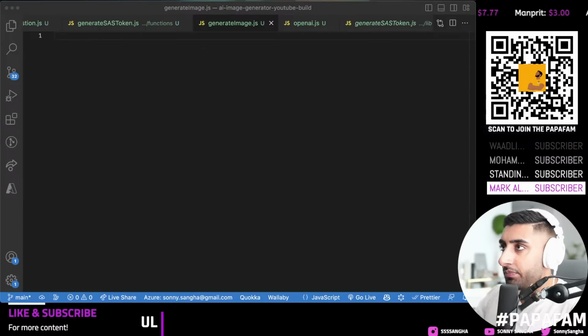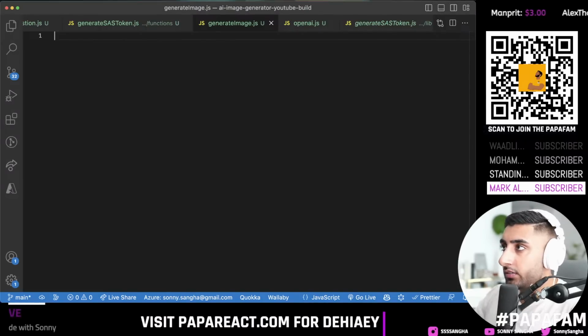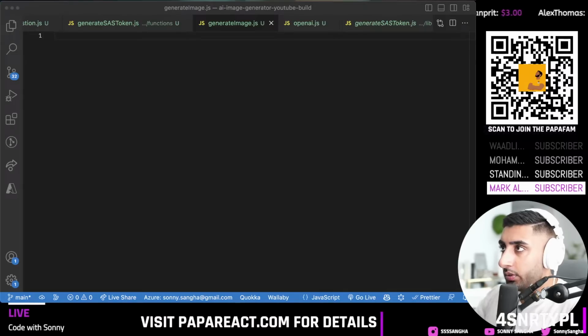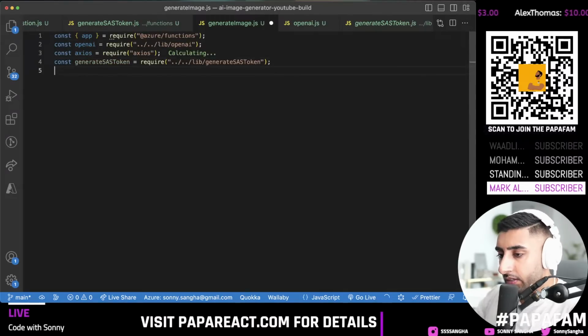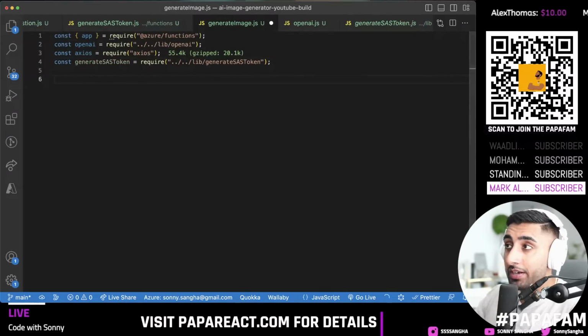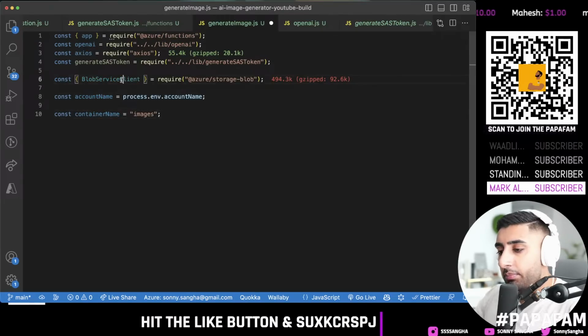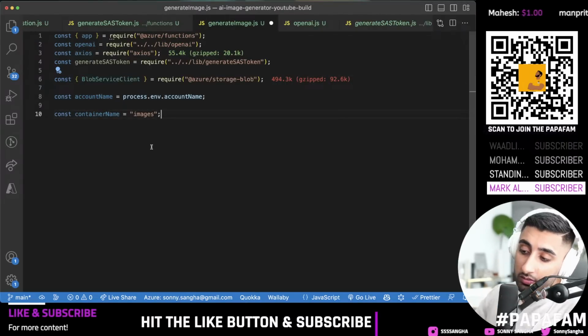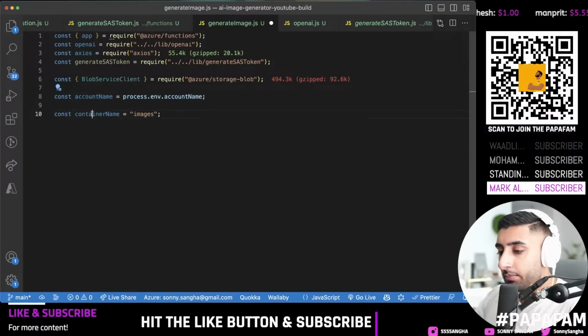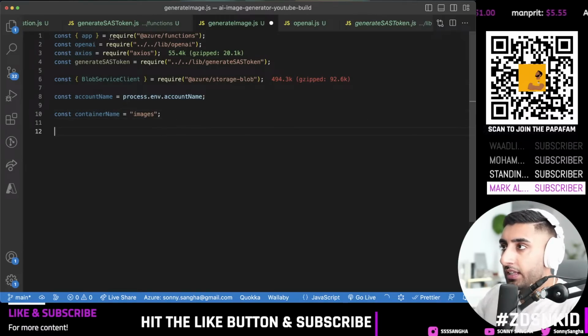So at this point, I'm going to do a few dependency pulls, right? I'm going to pull a bunch of dependencies that I need: OpenAI, Axios, generate SAS token. And then I'm going to have similar constraints to what I had previously. So I've got my Blob service client, because I'm going to have to connect to the storage service, my account name and a container name. Okay. Then I'm going to do a